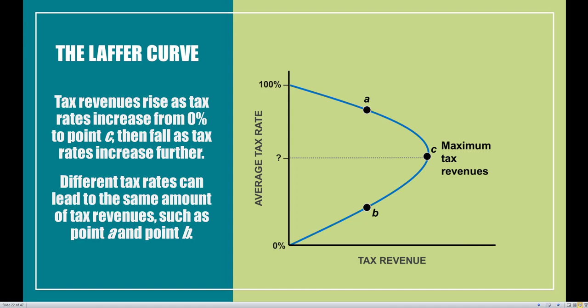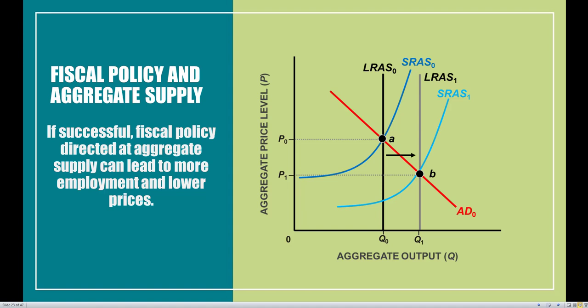And basically combining everything that we've taken a look at with supply side fiscal policies, if the government is successful at targeting the long-run aggregate supply curve in order to induce economic growth, we're going to have a shift of the LRAS curve over to the right. So we were initially starting off at point A in equilibrium, but as we shift the LRAS curve over to the right with these supply-side fiscal policies, we end up at point B with a much higher potential GDP or full employment GDP with lower prices. So once again, we don't see this trade-off between the price level and GDP, which is why the government would like to target this LRAS curve because of all the benefits it can generate for the economy.